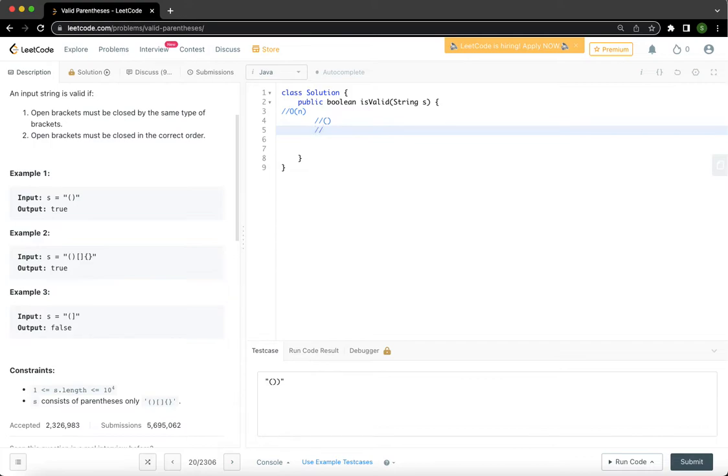So I'm going to use a hash map to store key values, like the key would be this and the value would be this, and so on and so forth. So the closing bracket of that type would be the key and the opening bracket would be the value. So that's my hash map, and then we will do a for loop